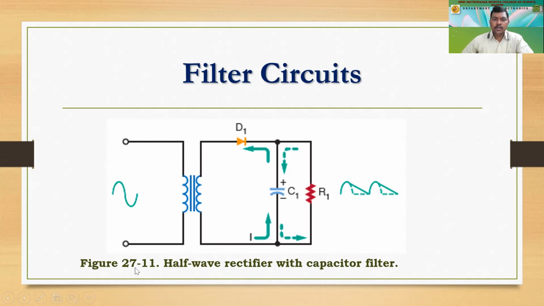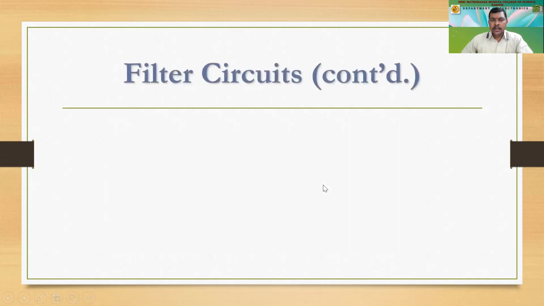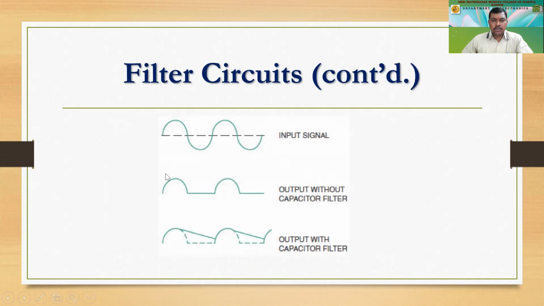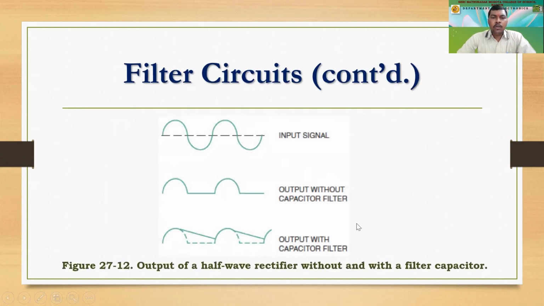So this was for the half wave rectifier, and this is the shunt capacitor, or a parallel capacitor, which is connected across the load, right? And this is how we are expecting the output to come. Do you have any questions on this?